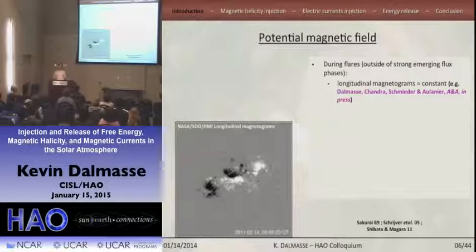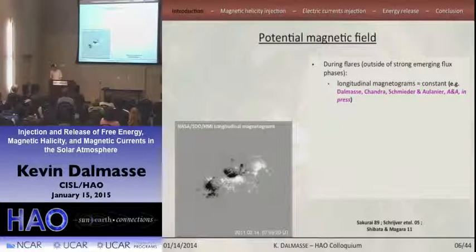When you look at active regions during flares, there is a very interesting feature that you can see when you look at the evolution of magnetograms. Namely, the distribution of the magnetic flux during a flare remains quasi-constant. This is shown here, where you can see the flux distribution in an active region 1 hour before a flare, and here 1 hour after a flare. As you can see, there are not many differences between these two magnetograms.